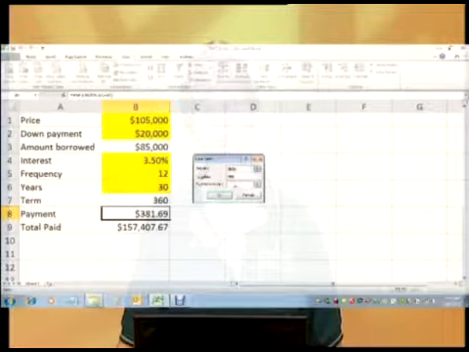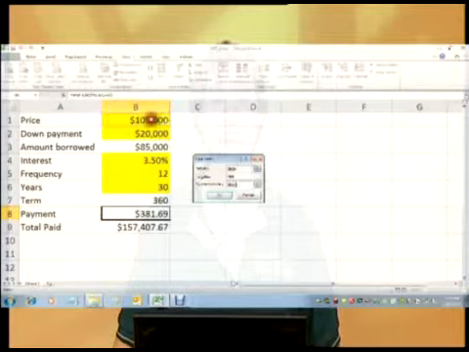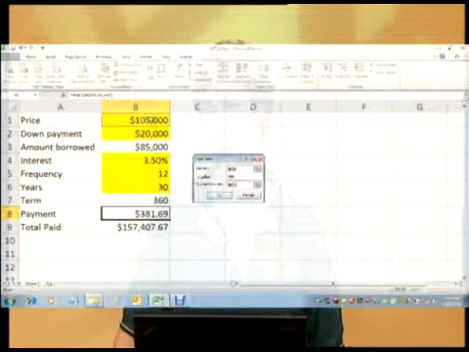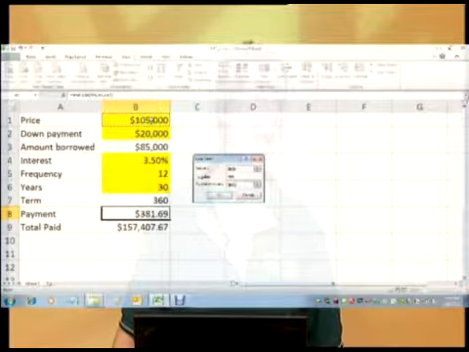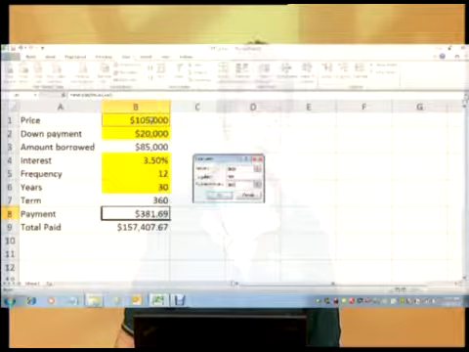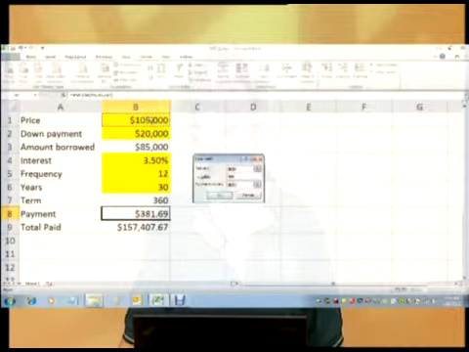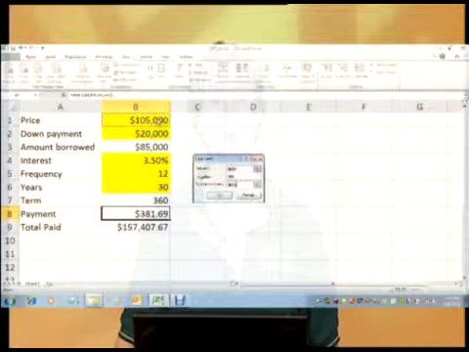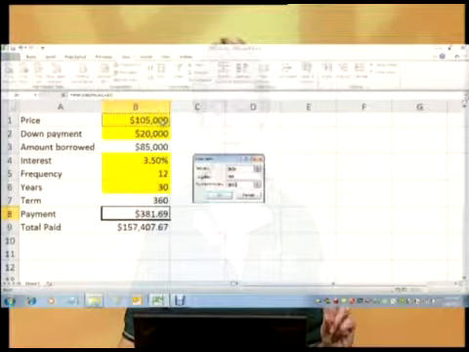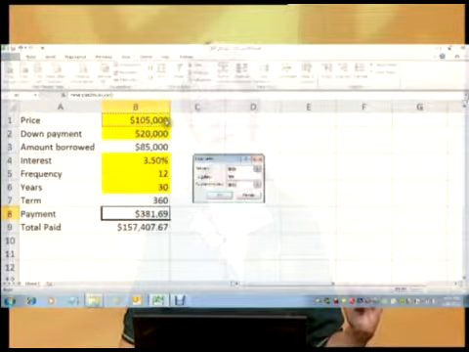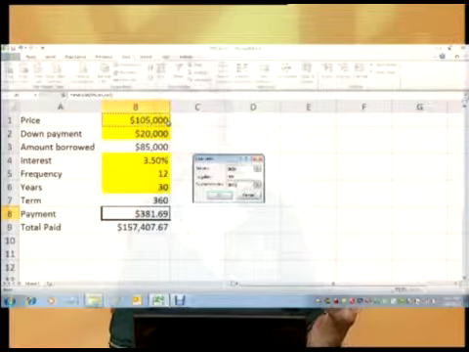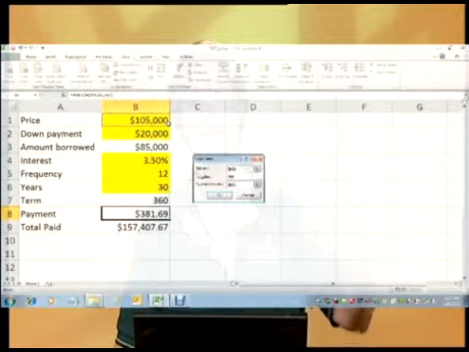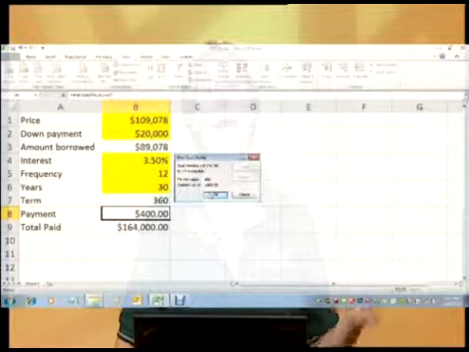Now, the next choice in the dialog box is by changing cell. Which cell are we going to change in order to make that payment 400? Well, we want to know how much of a house we can buy, so we're going to change the price of the house, which means we're going to put B1 in the by changing cell. So, to recap the goal seek dialog box, the set cell is the cell address of the cell of the number we know. The value is the number we know. If it's in a test, I'm going to give you those two values. And then by changing cell,